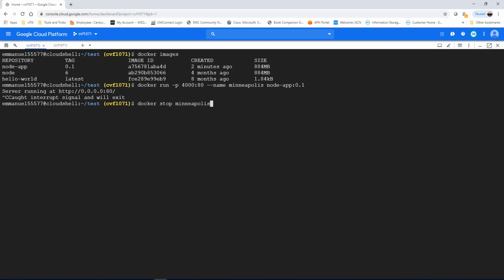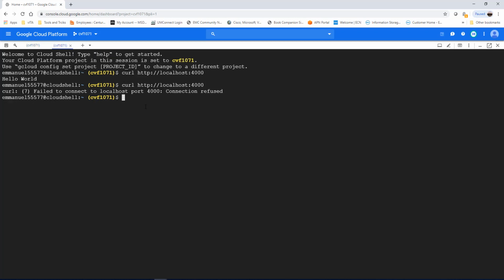Minneapolis, that's the name we gave to our application earlier on, and I'm going to use ampersand over here. I'm going to type docker again, and I'm going to say remove Minneapolis. Alright, so essentially, one of the things that you could look at if I were to type docker